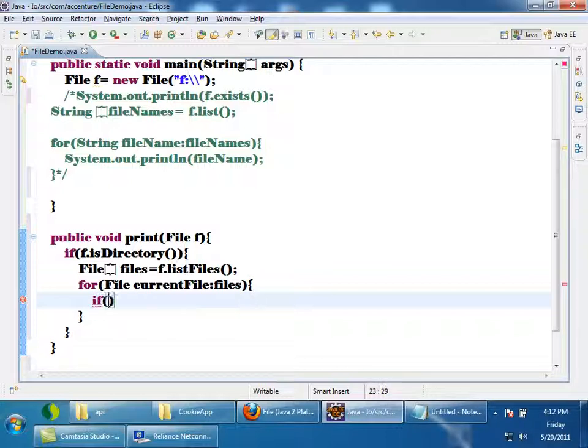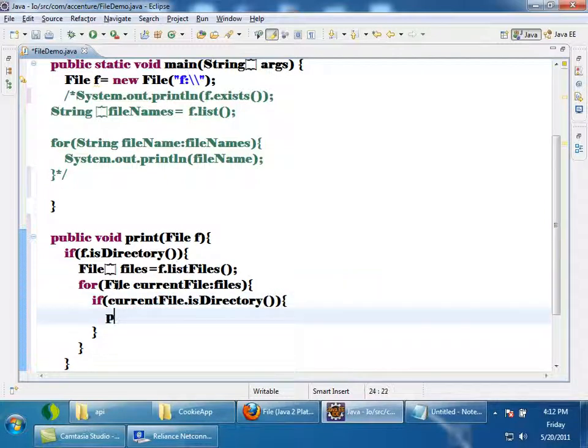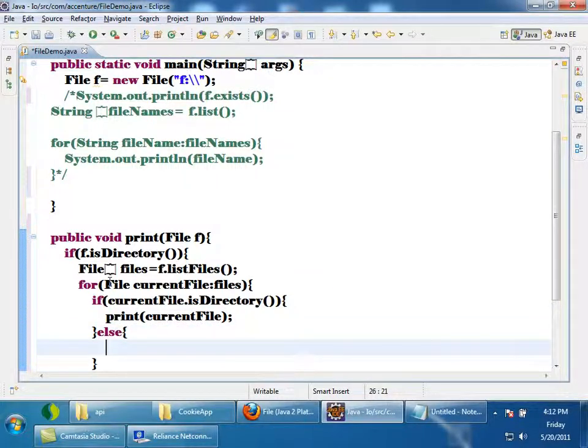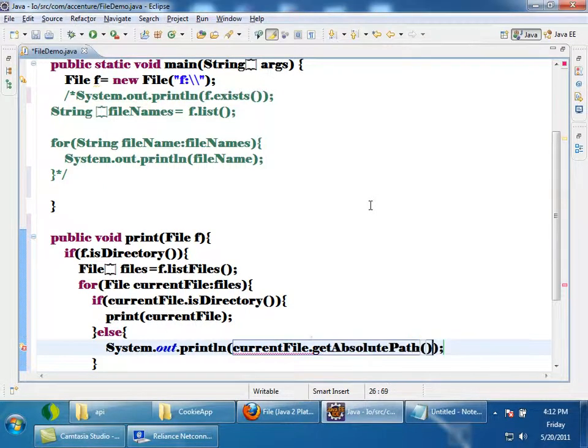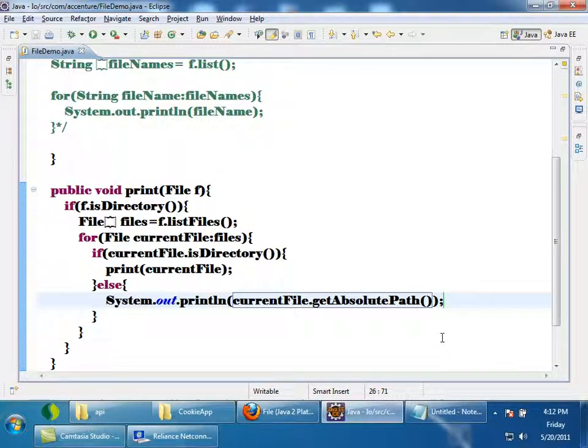If currentFile.isDirectory, then again I want to call the print method and pass the current file. Else it is a file, right? I just want to print System.out.println currentFile.getAbsolutePath. Absolute path means the whole path. So see the logic.